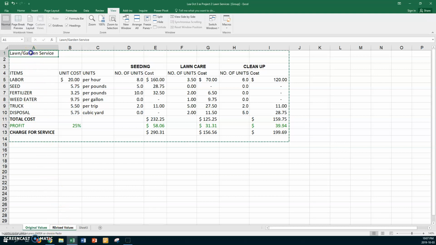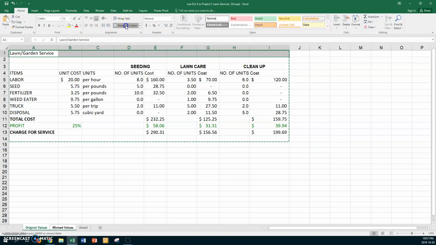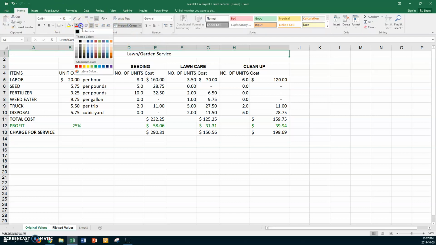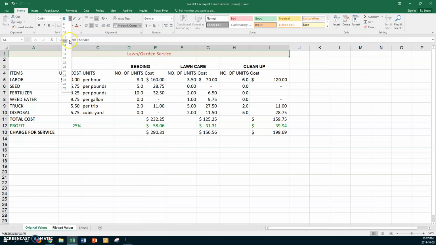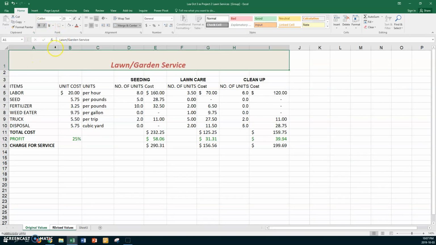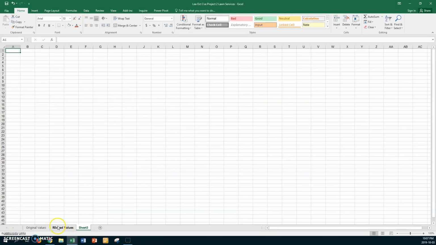Alright, so we want to go up here to A1, hold down the shift key and click in I1. And you want to go to your home tab, merge and center, pick a color that you like, pick a light fill, make sure it's light, and make it about size 20. And let's say bold and italics, and let's make your row height down so that you can see it, and use your center. Alright, take your grouping off,